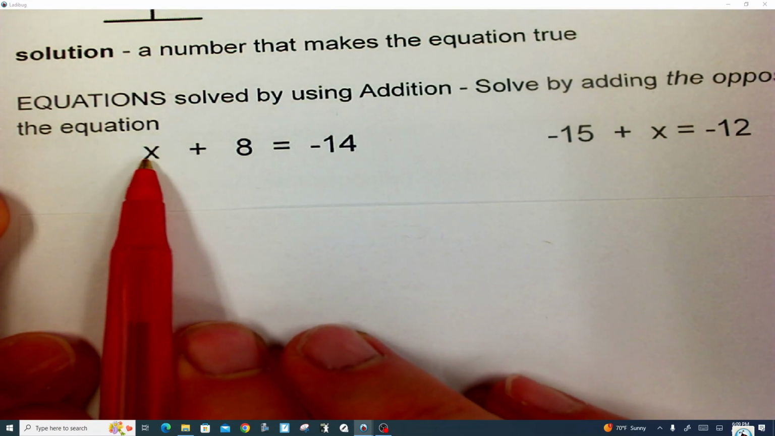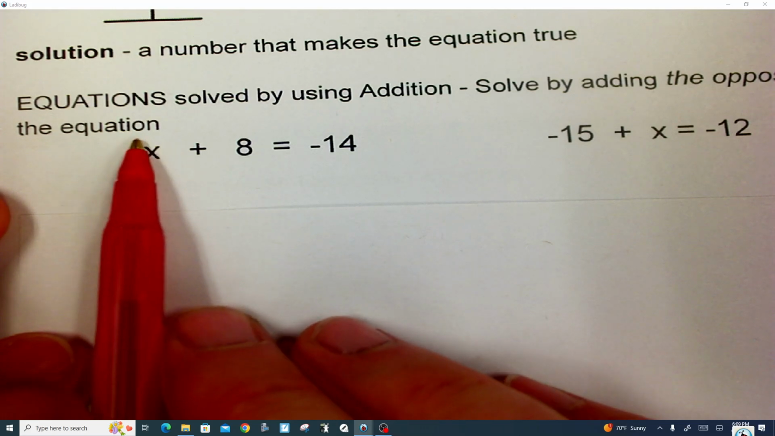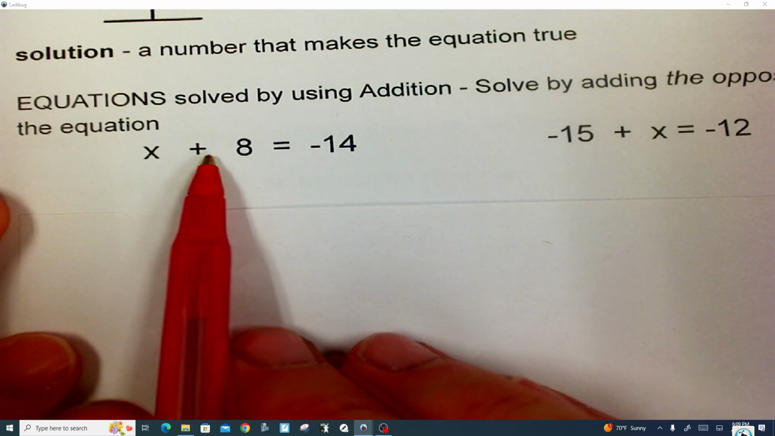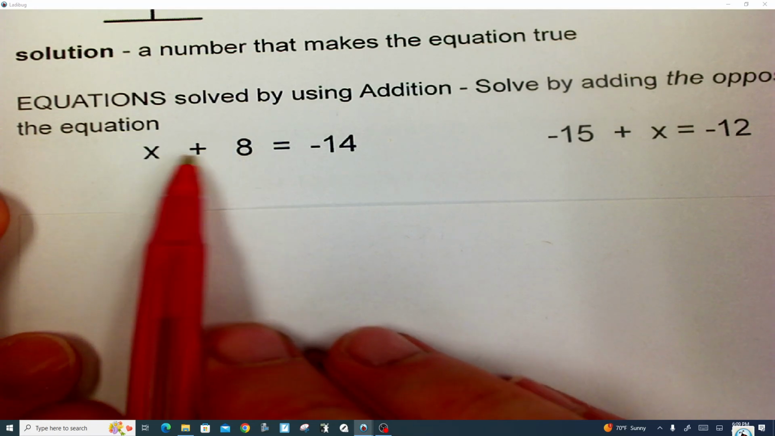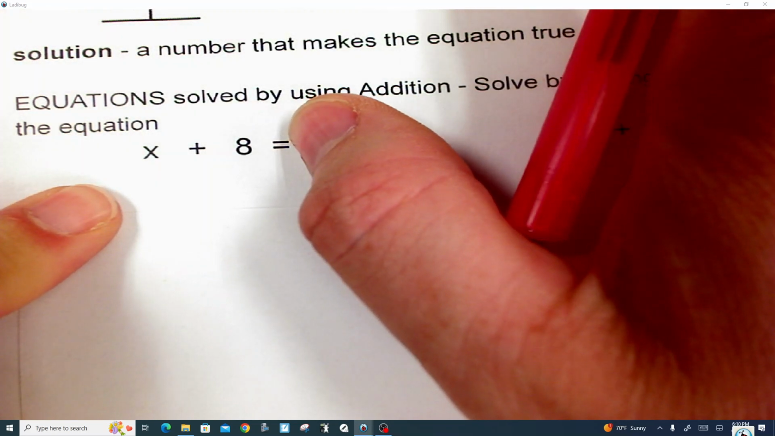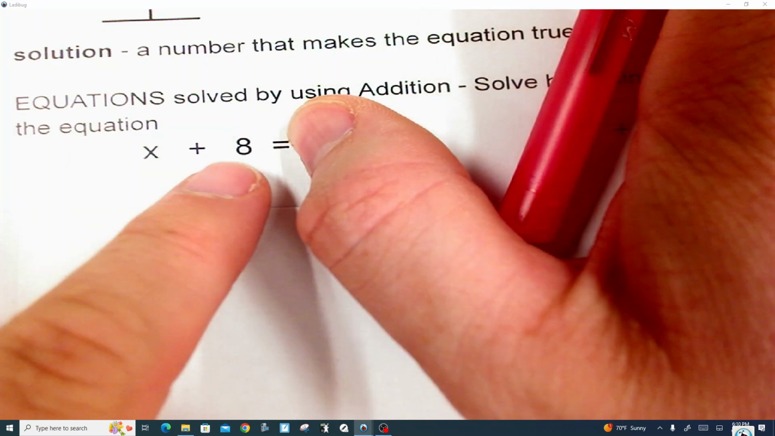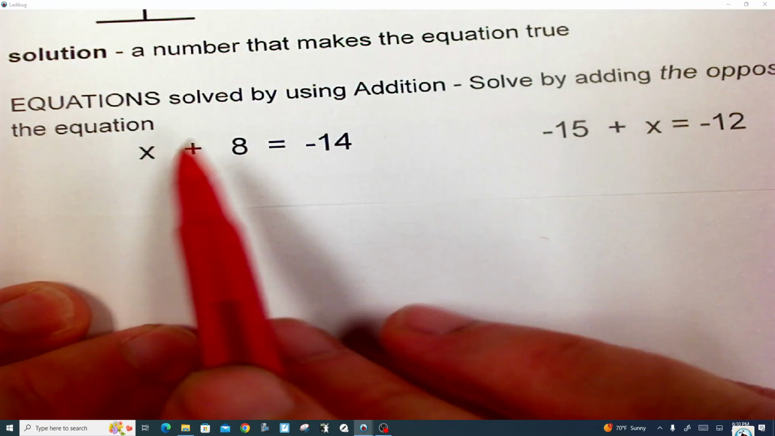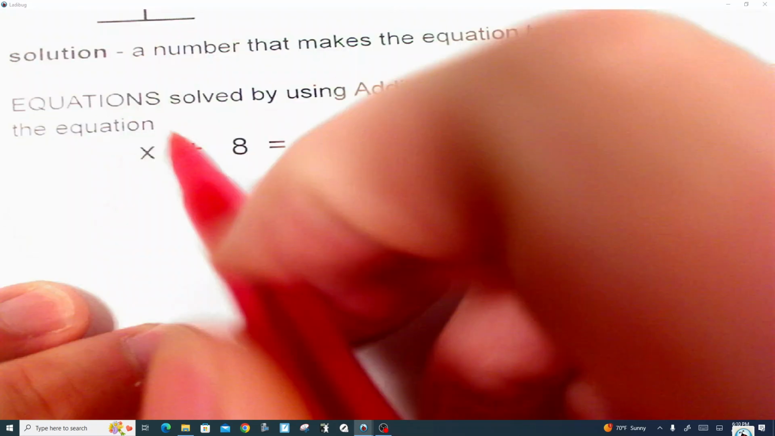Always find your variable. We want to isolate this variable, we want this x all by itself. That means this plus 8 needs to go away. So if you find the variable, you can basically ignore what's on the other side of the equal sign and just say, I've got to get rid of that 8. If it's adding 8, all I want you to do is add the exact opposite of 8. So just add plus